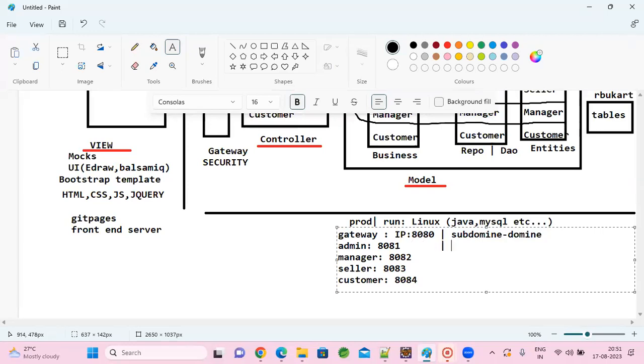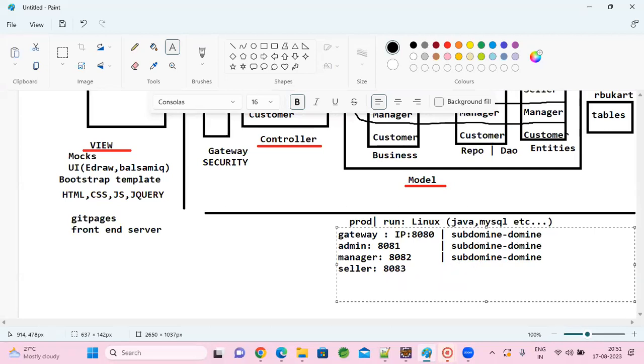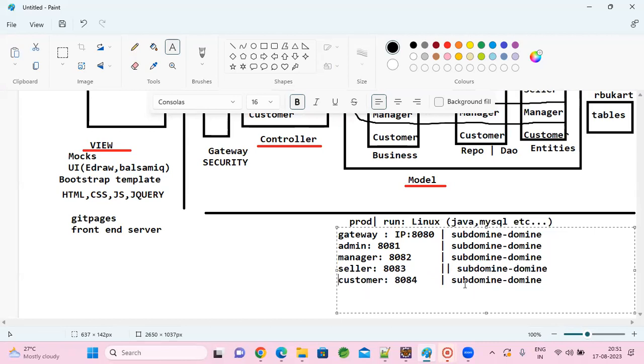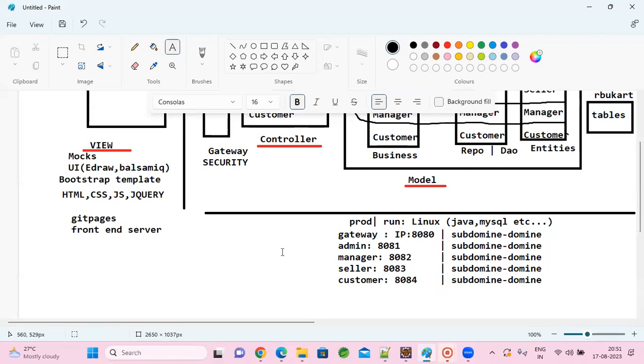If they want to find them, they can easily find them, but at least to make users comfortable. If you show IP addresses and port numbers, they will scare customers, who will think something is happening in the applications. So we will create separate subdomain URLs and mask them, so the user accesses the gateway subdomain, and from that gateway subdomain we redirect to other subdomains based on the user.